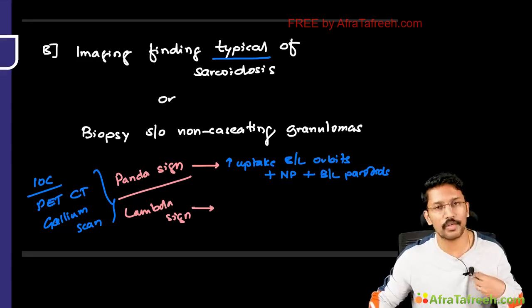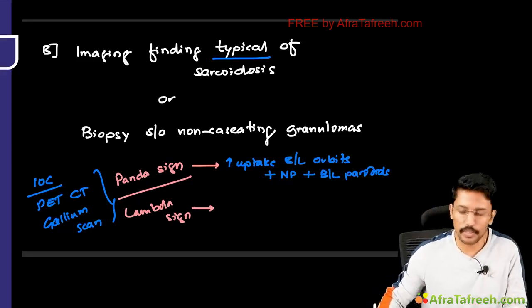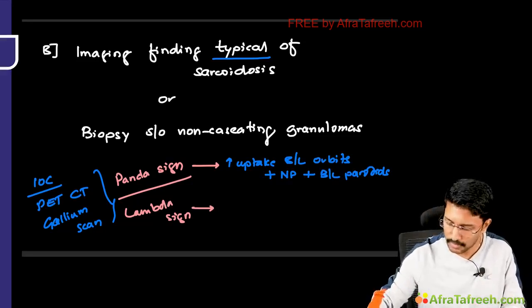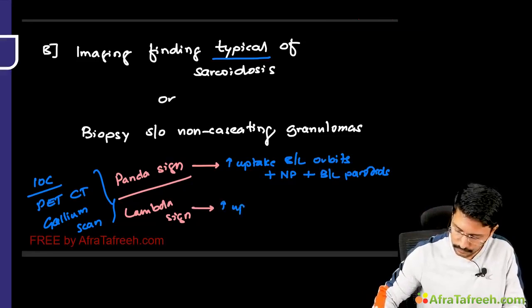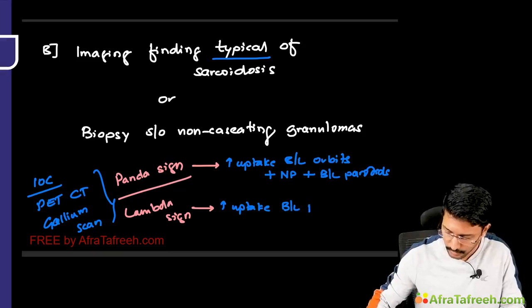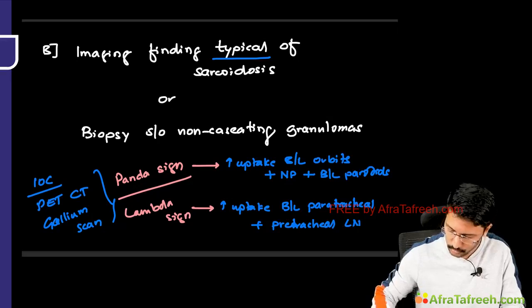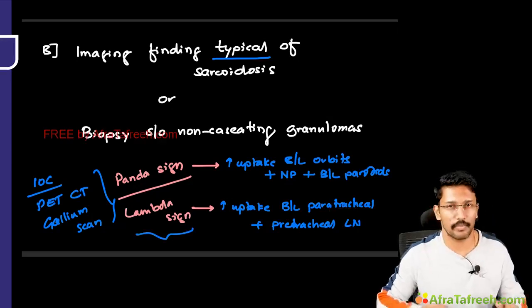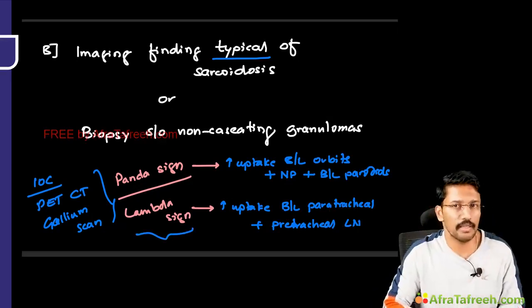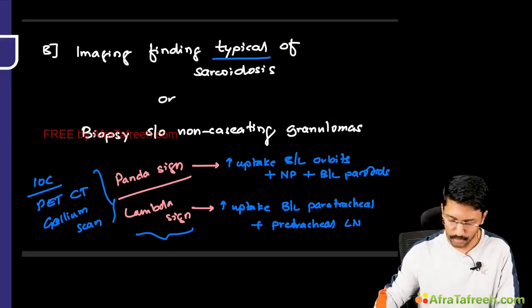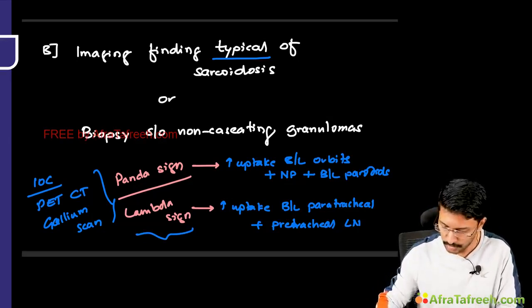Another one is with respect to the thorax. So in the thorax, there will be increased tracer uptake in the bilateral paratracheal, plus there are also pretracheal lymph nodes. So this leads to what is called the lambda sign, because that whole image appears like the lambda sign. Now both of these are important image based questions, so let me show you the images